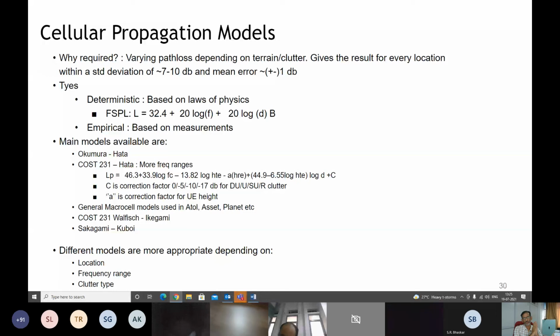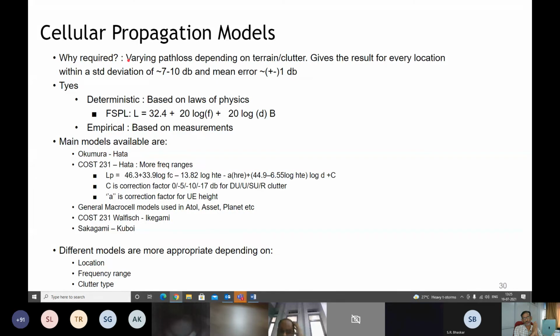Even in a city environment, in a watery cluster, in a forest, in a desert, in a sea. Now, I still remember during the last decade, in the initial 2G days, I was assigned the task of confirming the 2G. The 2G technology says that it can cover, I think, up to 112 kilometers or so. So we were doing one testing from Lakshadweep, Kavaratti Island. We were traveling in a ship.